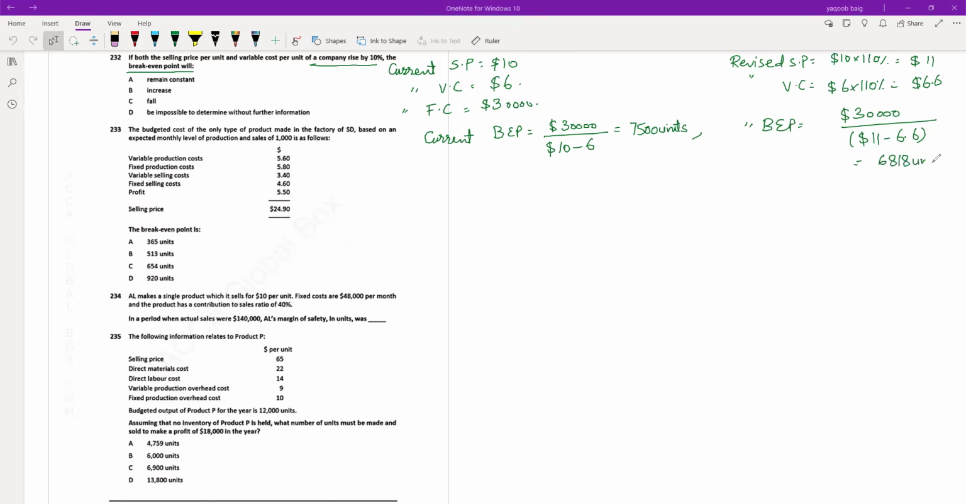6,818 units. So break-even point units is what? It is falling from 7,500 to 6,818 units. The budgeted cost of only type of the product made in the factory of SD based on expected monthly level of production and sales of